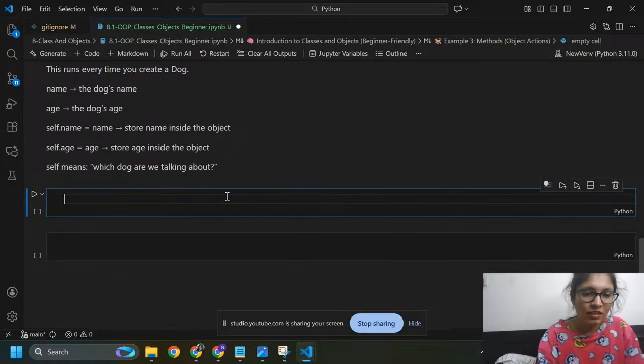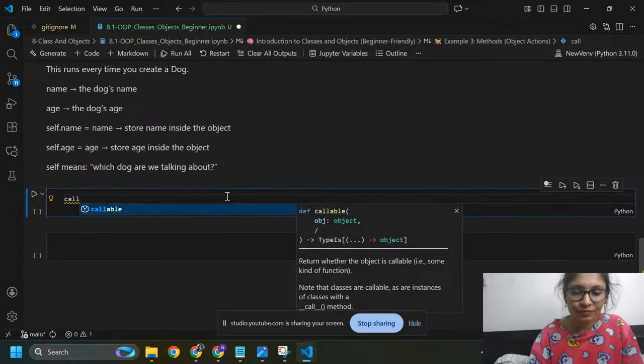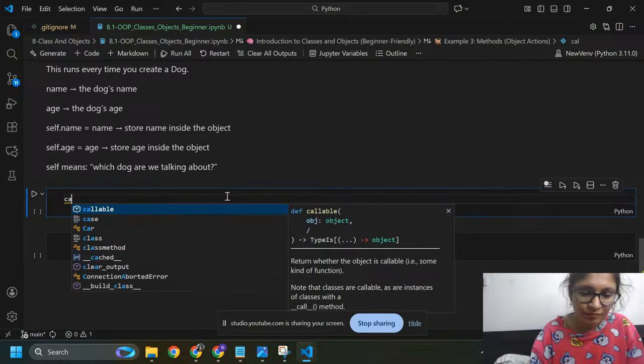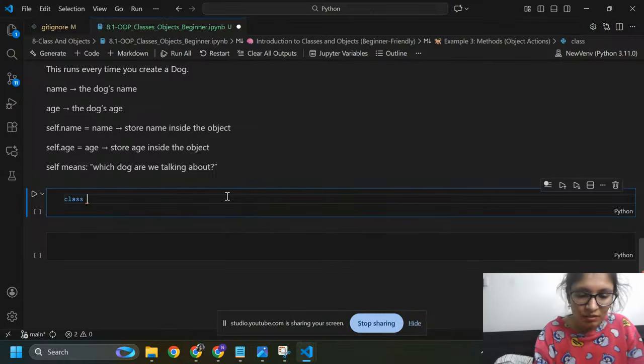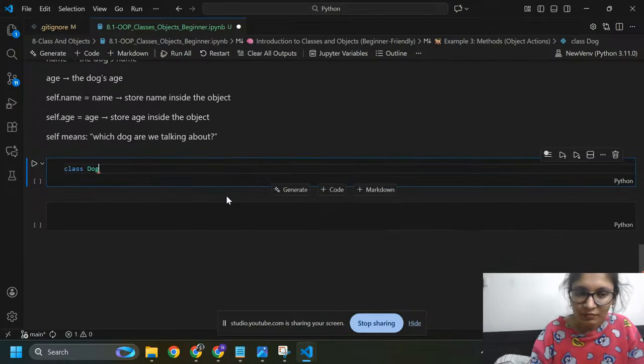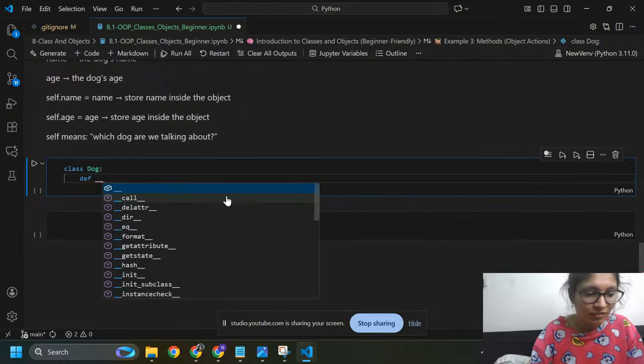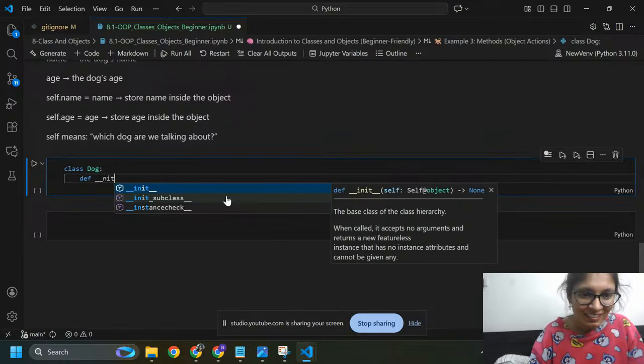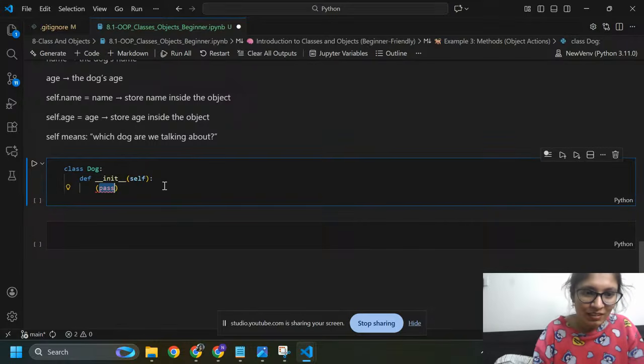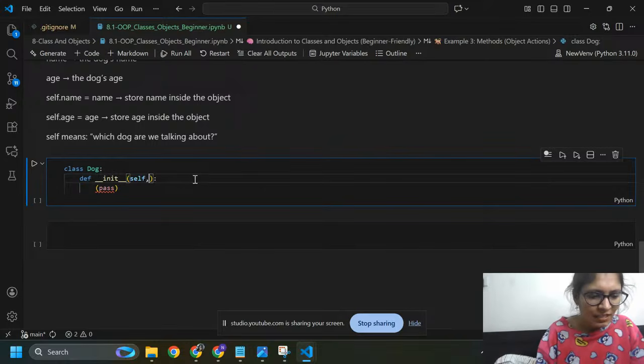Here I'm going to create class Dog. I'm going to define one function, the constructor, init, and pass self, name, and age, the same as previous.